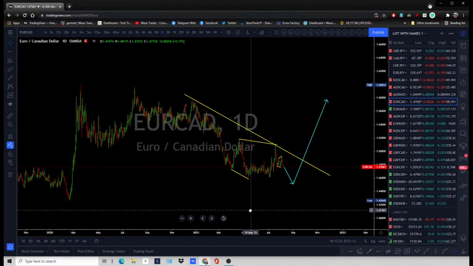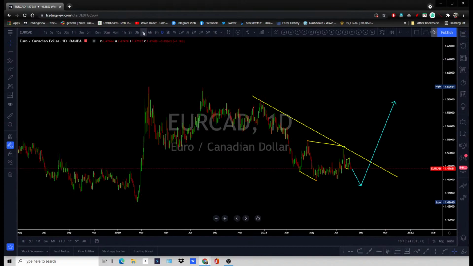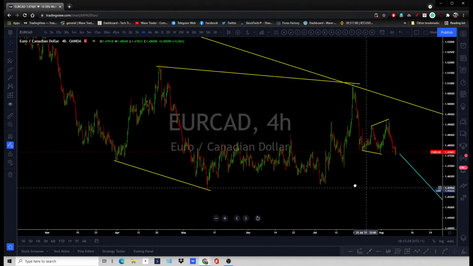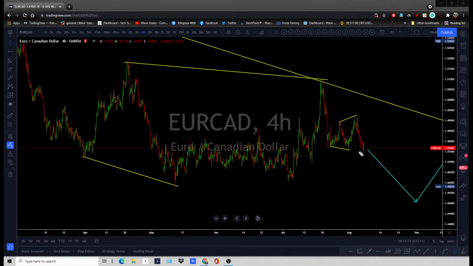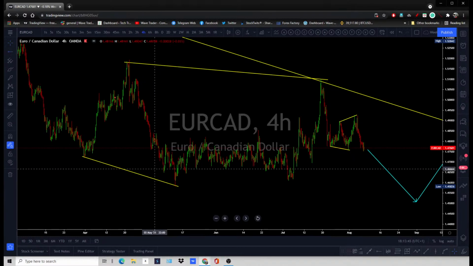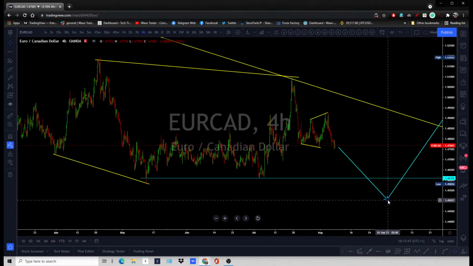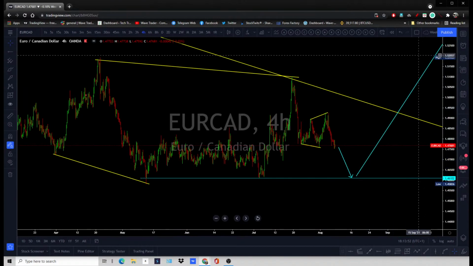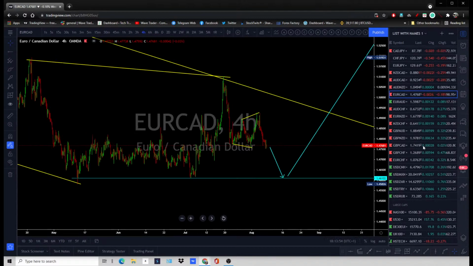All right, so EURCAD is also the same. Slightly drop more lower and a longer term reversal. If I look at the lower time frame, price is struggling to go, not the best opportunity right now. EURCAD is not the best opportunity. So drag more lower, hold these support areas, and then go back up. Simple analysis: go down, tag that low, hold that support area, and then go back up. Just stick to that rather than chasing the lower time frame.